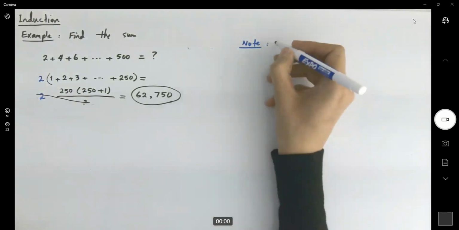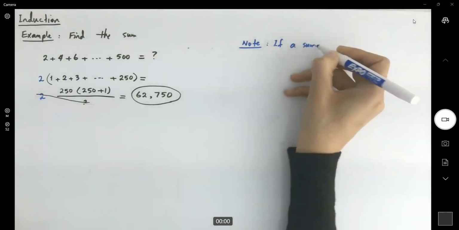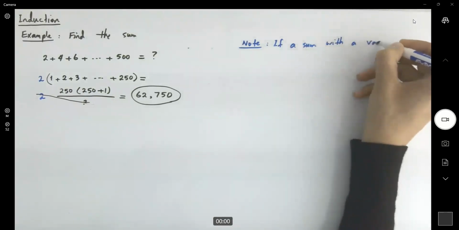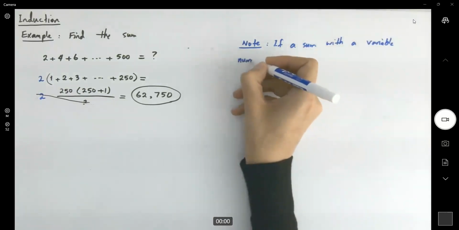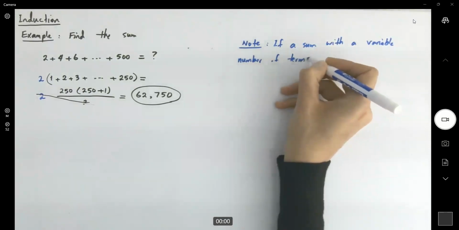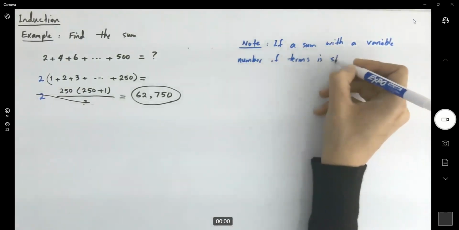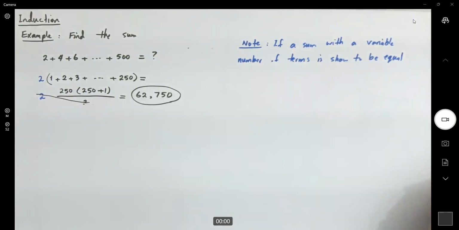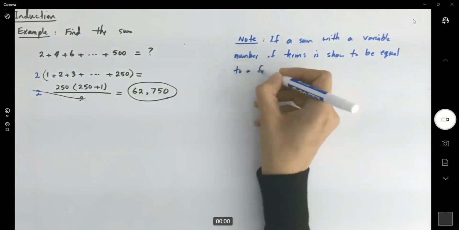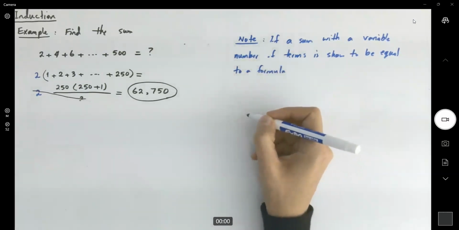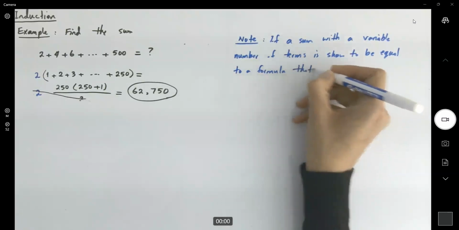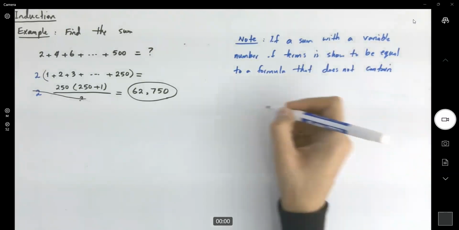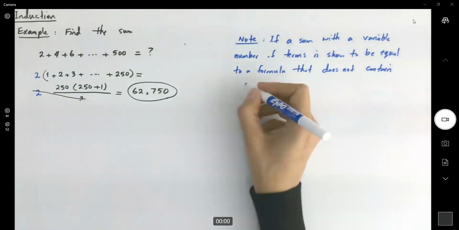If a sum with a variable number of terms is shown to be equal to a formula, you saw this many times, that doesn't contain a summation,